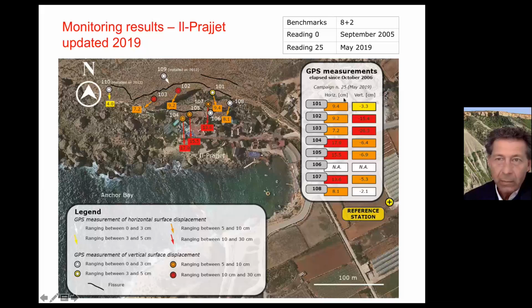Here again we measured horizontal and vertical displacement, and as for the horizontal displacement, you see that in something like 14 years we had displacement of slightly less or slightly more than 1 centimeter per year. Again, we are talking about slow-moving landslides of rock spreading and block sliding type, but in terms of hazard and